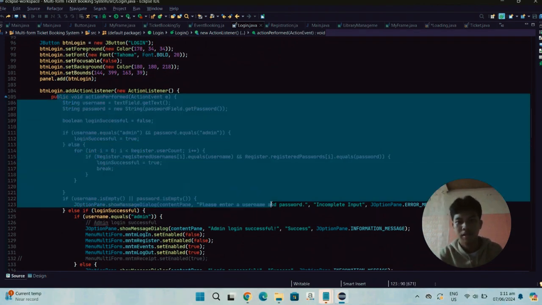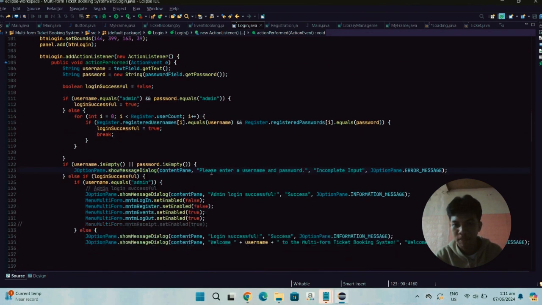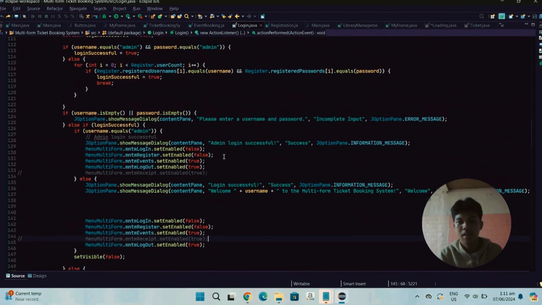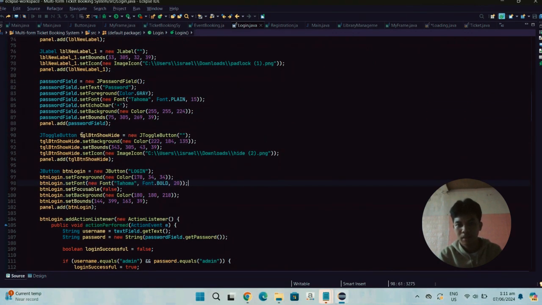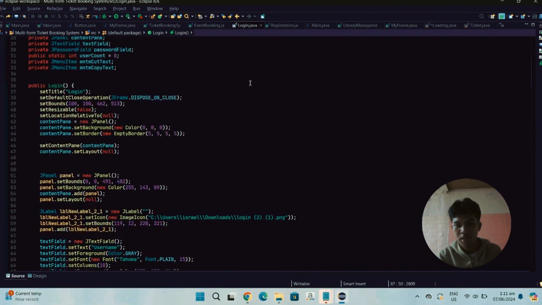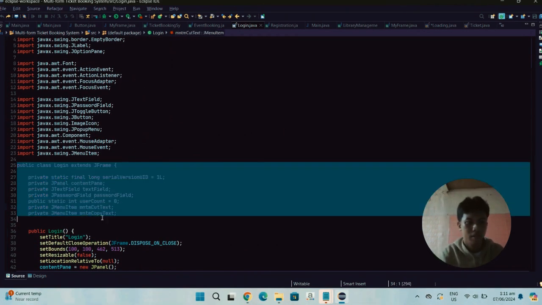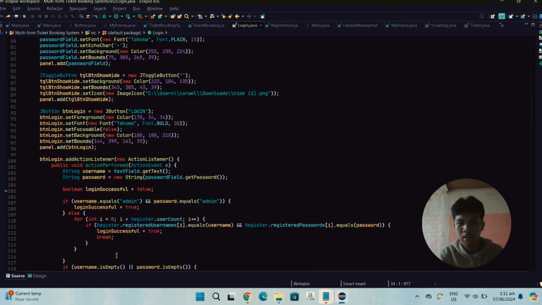Similarly, a password icon label is added next to the password field, which is configured to show password in gray text and uses an echo character for obscuring the input. A toggle button is provided to show or hide the password, switching its icon based on the toggle state. Here's the toggle button.